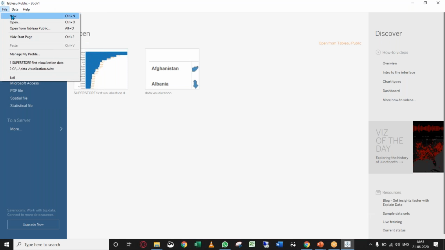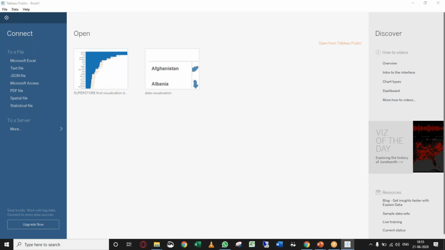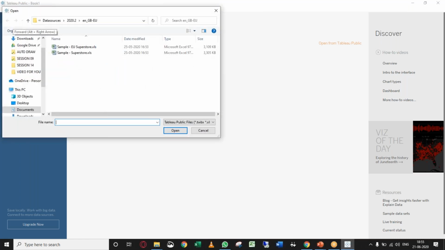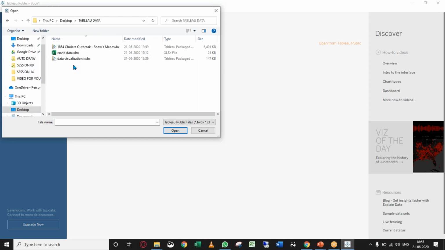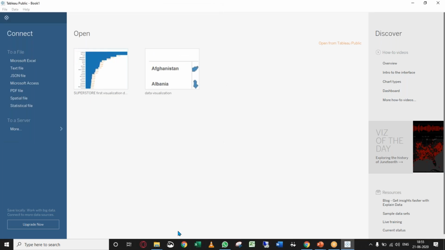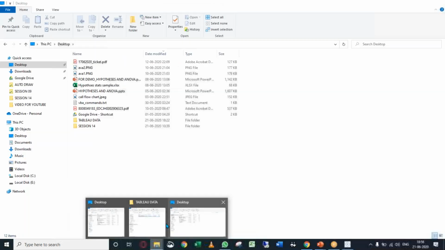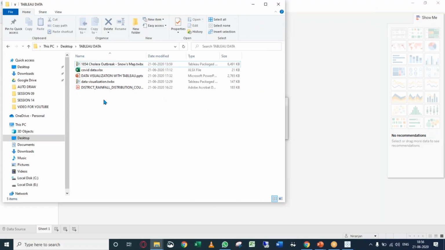Okay, I have already downloaded one data set which I'll be sharing with you, right? That's a Tableau file I've already downloaded. So I'm just going to open that. I'm just trying to show you how this Tableau works for the data visualization part. Okay, so this is the file, if you can see, this is the file with the name of